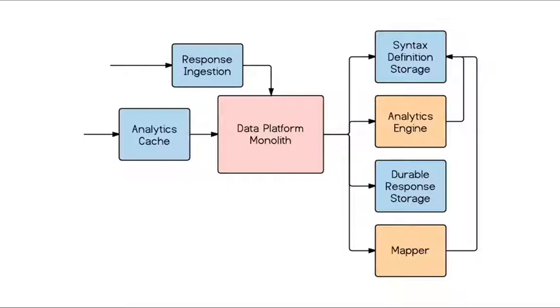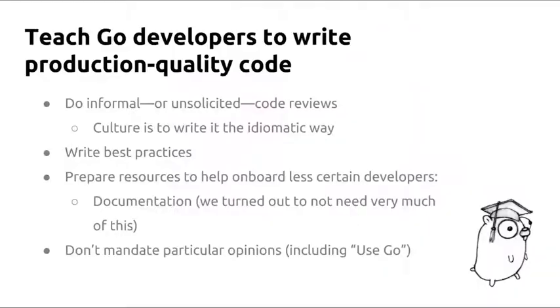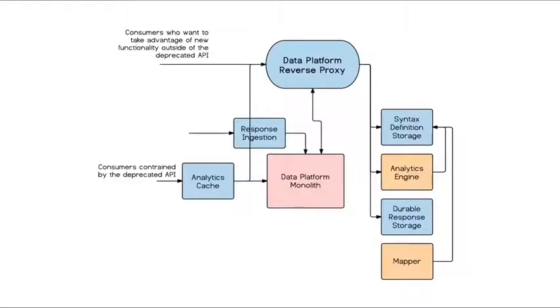It's really hard to deprecate something when it's still handling all the work. And also, when you write new functionality into these microservices, how do you give consumers access to them when they're coming in through the same API that they've always hit? So we had another reason to introduce more Go into this architecture.